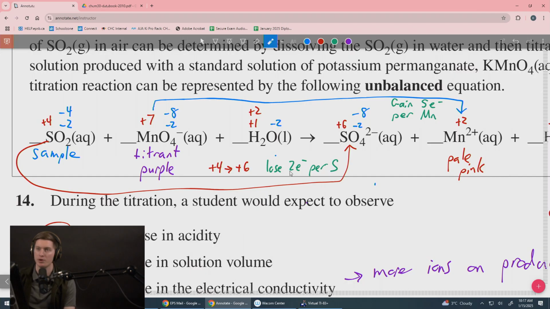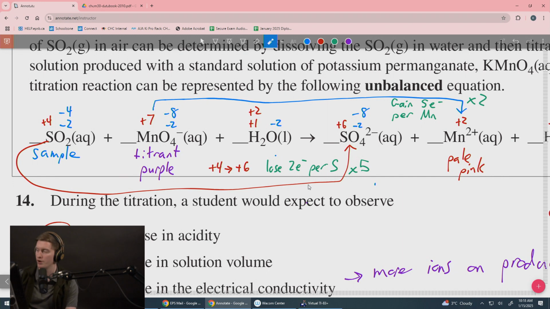The lowest common multiple that we can multiply both these into is 10, which means that we're going to have to repeat our reduction reaction twice. So I'm going to put a little ×2. And we're going to have to repeat our oxidation reaction 5 times in order to make those electrons balance. We'll have to have 2 manganeses, each one gaining 5 electrons. And we're going to have 5 sulfurs, each one losing 2 electrons in order to balance that to 10 electrons